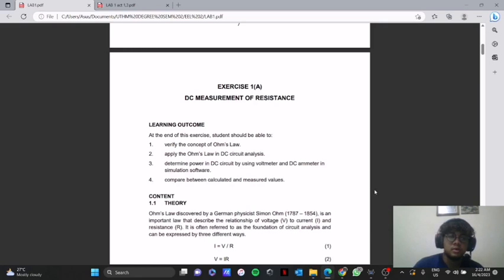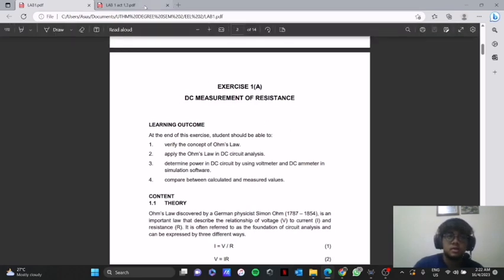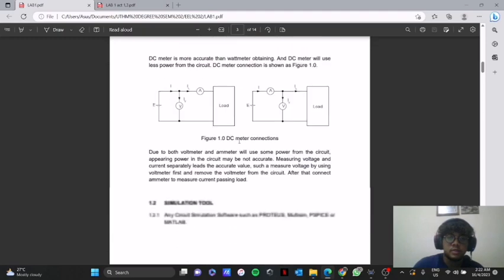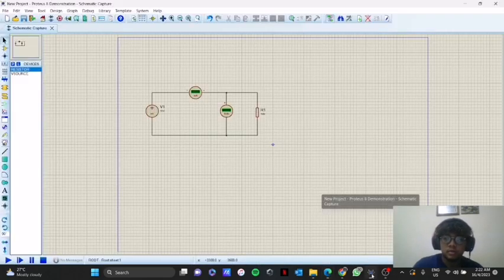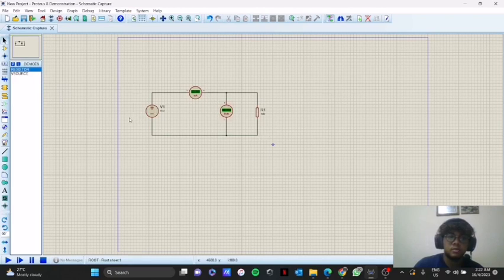Today I will present Lab 1, Exercise 1, which is DC measurement of resistance. Today I will present about lab activity 1. Here we can see a circuit diagram for the DC meter connection, and we are required to build the circuit on Proteus or Simulink or other